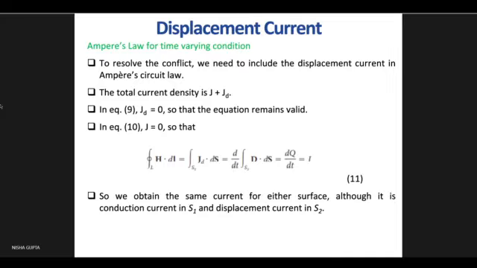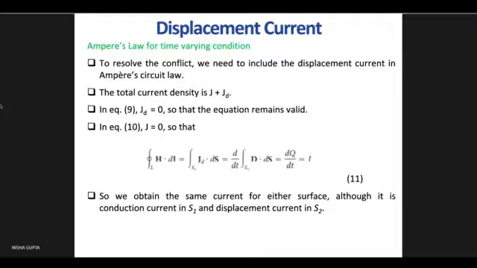Until we include the term JD, we are not able to show that the displacement current is occurring. But we know that the current entering the capacitor is equal to the current coming out of the capacitor. So how is the current flowing between the two plates? Of course, it is not a conduction current. So it has to be some other current, and that current is named the displacement current. This is the current which travels in free space or in dielectric material, but not in a conductor.